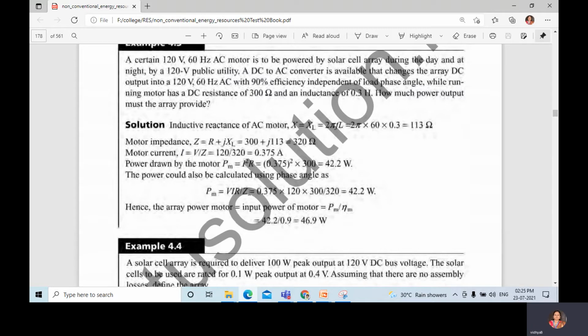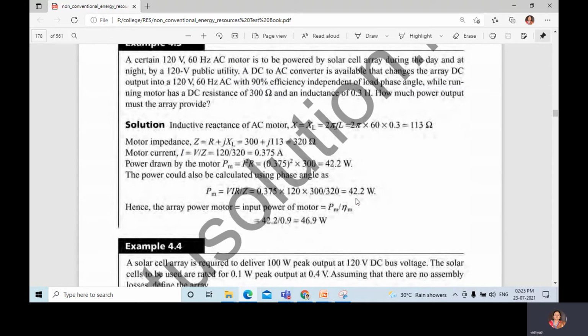So here instead of writing V into I, they have written V into I into R divided by Z. The V value, I value and R value are substituted, divided by the Z value, and you will get